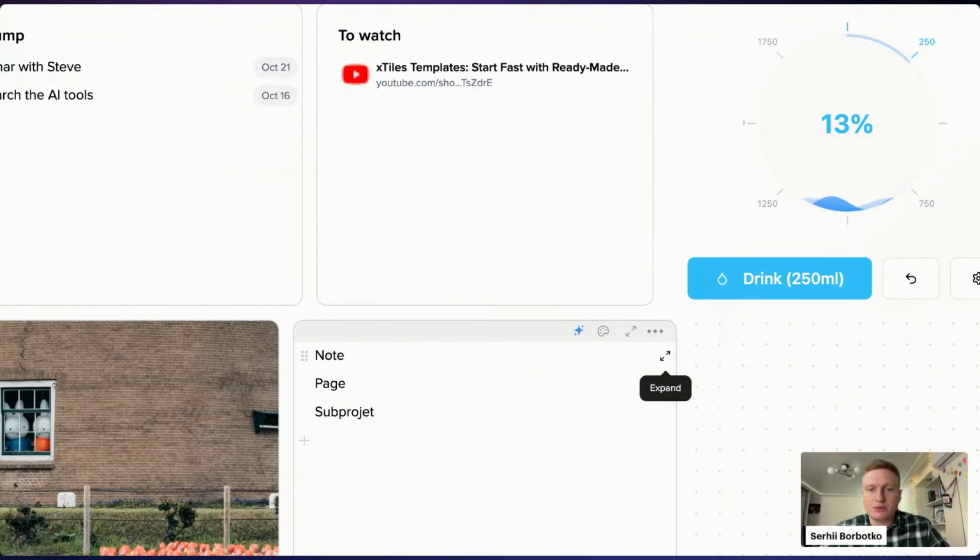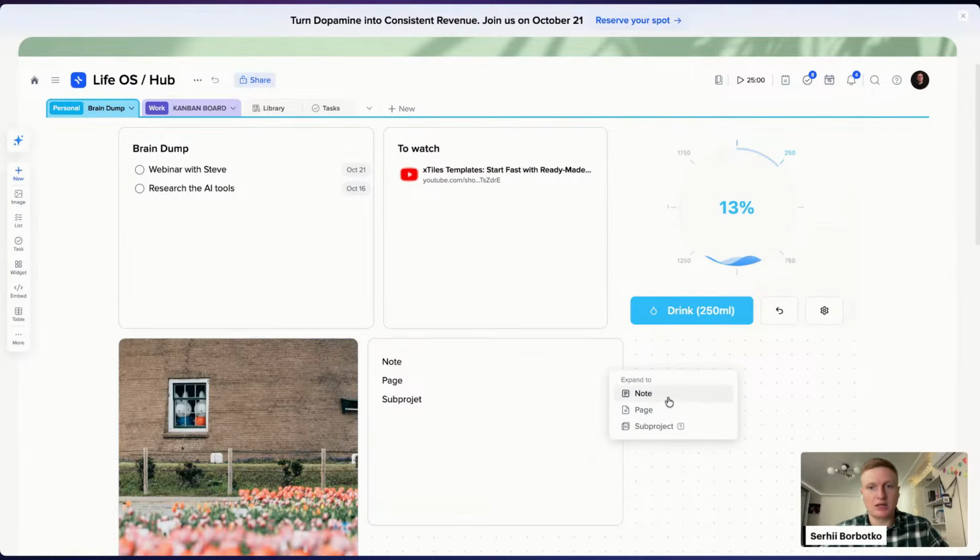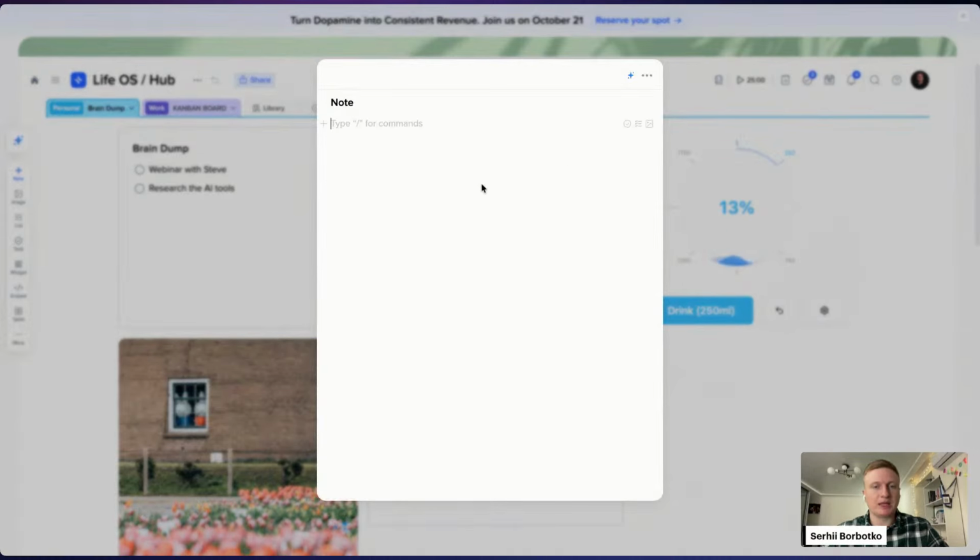And anytime you highlight a block, you will have this option to expand the block, and you have at least 3 options for what to do with this block. So you can expand it to node, page, or sub-project. When you expand it to node, you can have this small pop-up window to add more information, let's say underneath,